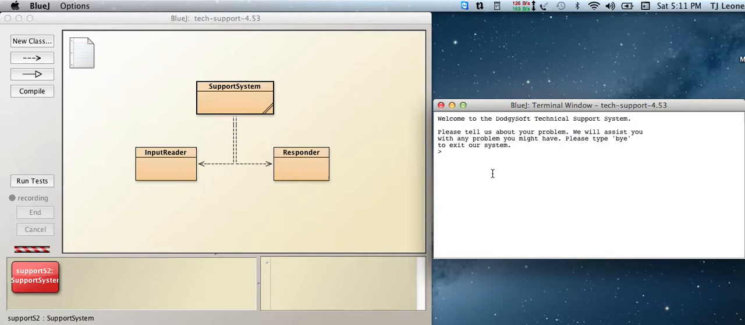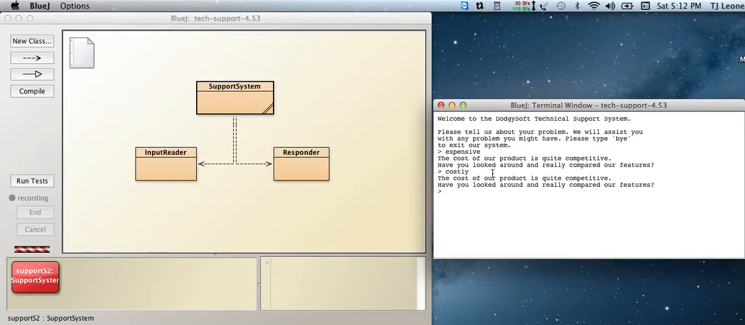I made synonyms of expensive and costly. So I have expensive, and it says the cost of our products is quite competitive. And if I say costly, it says the same thing. So costly and expensive are synonyms,